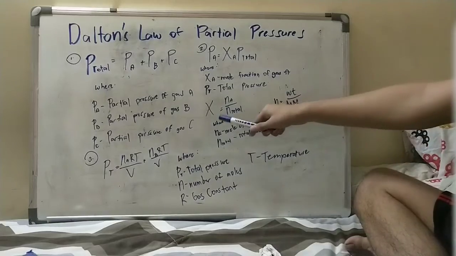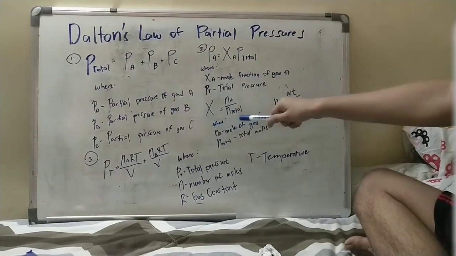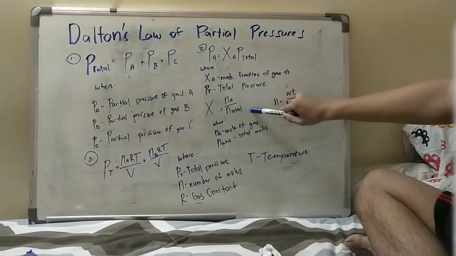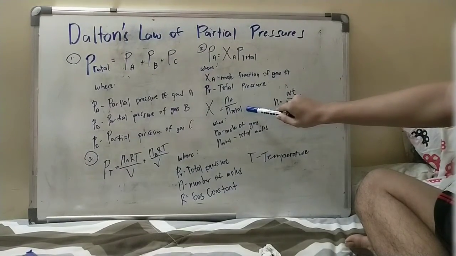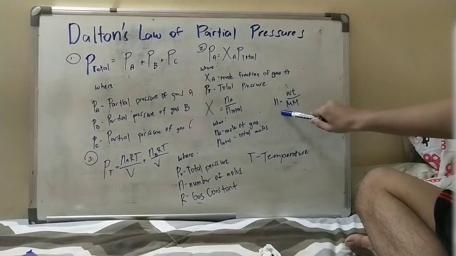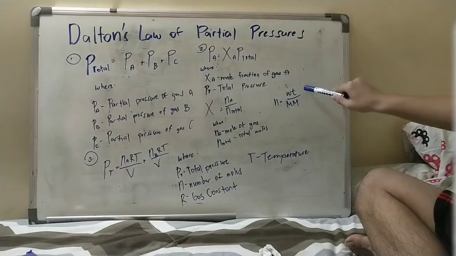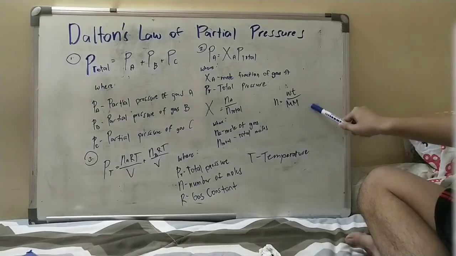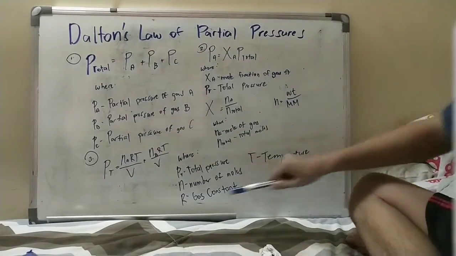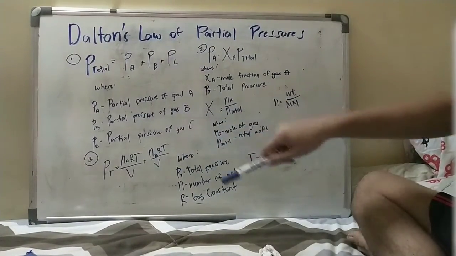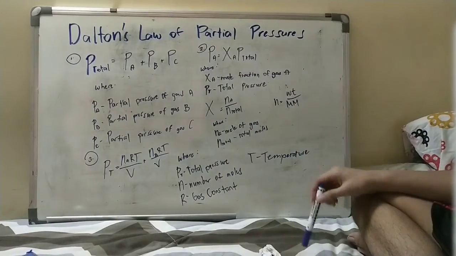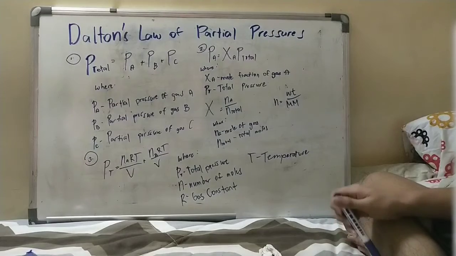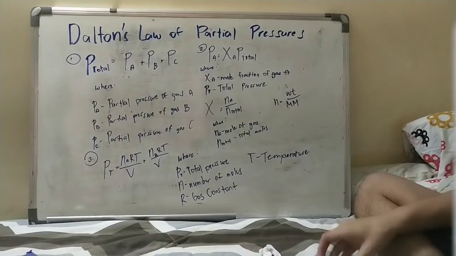In here, you can see this is the formula for the mole fraction, which is the number of moles over the total number of moles of every gas. Now, in order to get those moles, we just need to divide the weight of the gas by the molar mass. And this is when this formula comes into play, where in a problem, when it is stated that grams is a given,